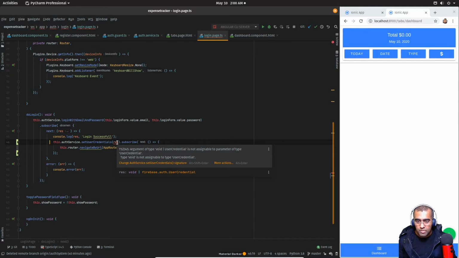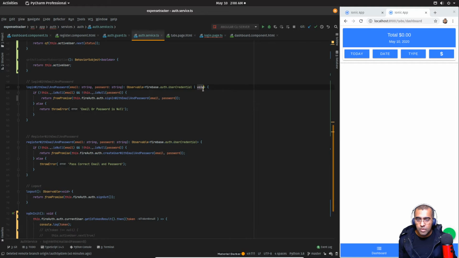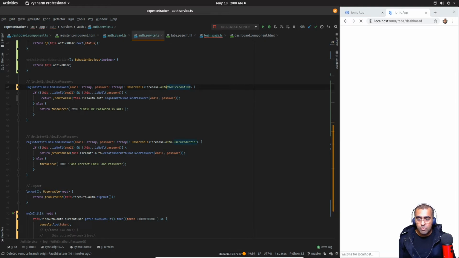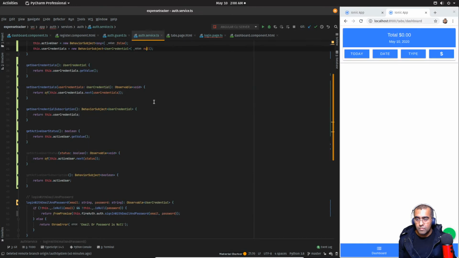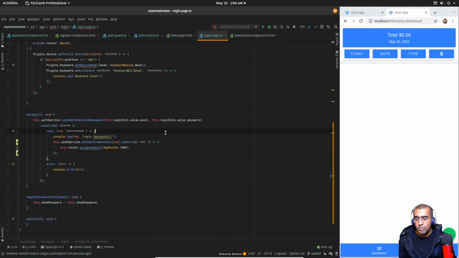Argument of wide is not a sound with the parameter change. Okay, so it's saying argument of wide. Go back and see what's going on. So here we got arguments of wide. We don't want to do it wide. I want to directly call in user credential. That should be it. Login page. Now we don't see an error. I'm going to specifically say user